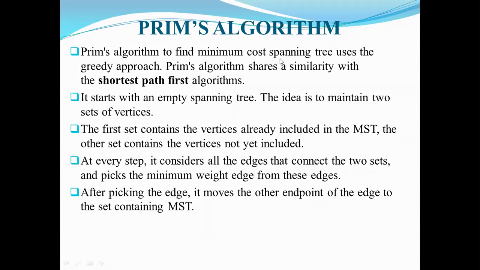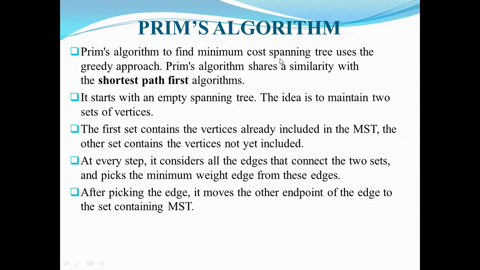Okay. So once you select the edges between the spanning tree vertices and the graph vertices not yet included, select the minimum cost edge and include that minimum cost edge's related vertex into the spanning tree. We are going to repeat this procedure until all the vertices are included. Our ultimate aim is including all the vertices, and every time before including an edge, that particular edge must not form a loop.